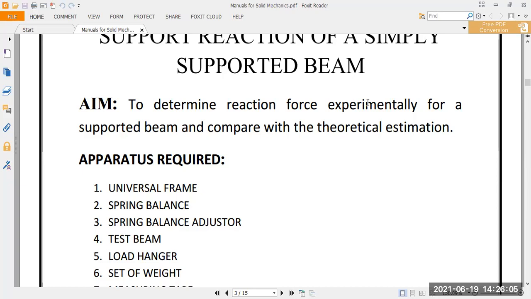A bar can have a certain portion of it loaded with a distributed load, and at a certain point it has a torque, and at a certain point it has a pointed load like this. It can have one load vertical to the axis of the beam, and it can have another load which is at an angle to the axis of the beam itself. All this combination of loads is possible.